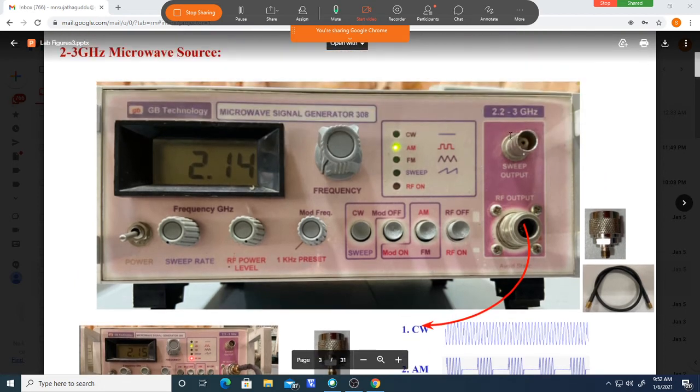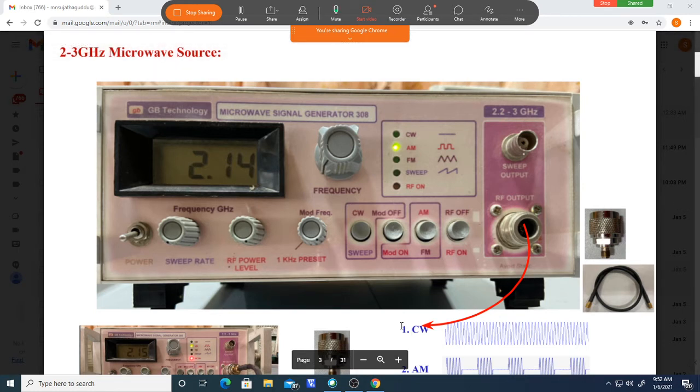So we can vary the frequency, only 2 to 3 gigahertz, and the power level we can vary here. How much power level we can vary, I will tell you. Actually it is 0 dBm, the maximum voltage is 1 volt, but the output coming is always lesser than 1 volt. Less than 1 volt means negative, minus 20 dB, minus 10 dB, minus 30 dB, like that power we are getting.